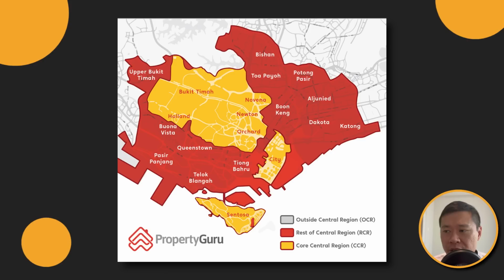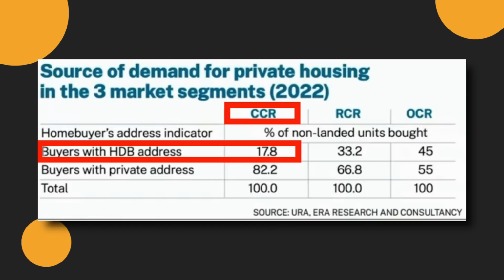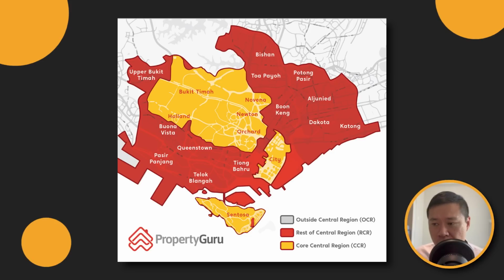Could this really explain why in the last 5-10 years, Core Central Region has underperformed OCR and RCR that much? Not just that, Core Central Region enjoys the least support from buyers with HDB addresses. Core Central Region again is Newton, Orchard, Sentosa, where generally most Singaporeans only go to shop and spend time but don't really stay at. So if we are on the right track, I think the demand for property has been